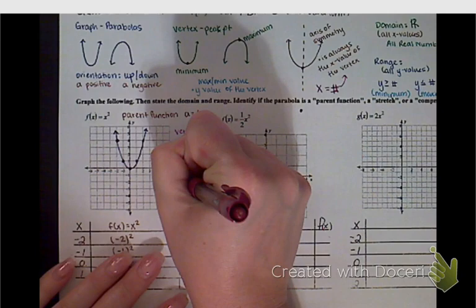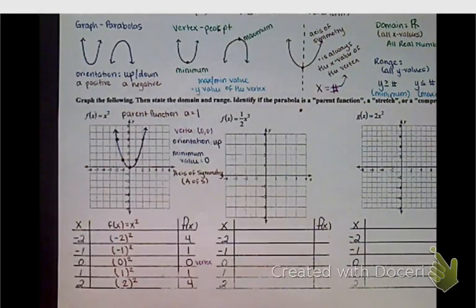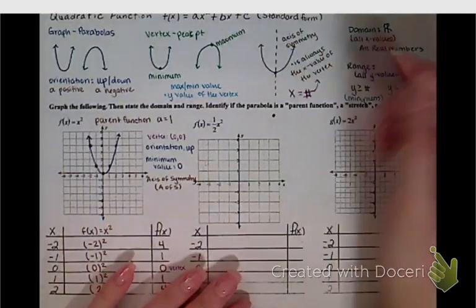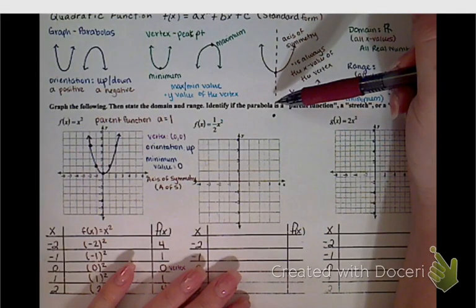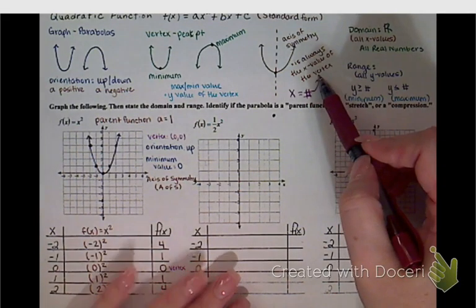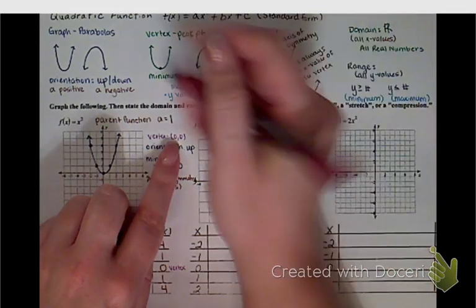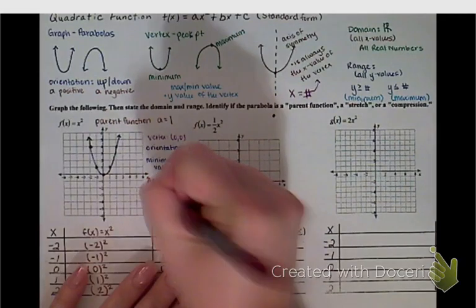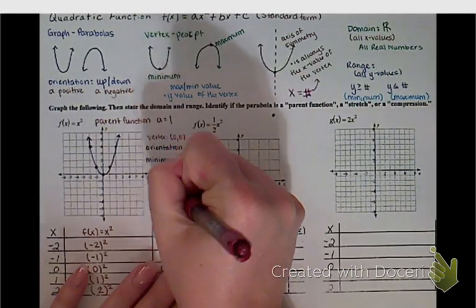Which I'm going to start abbreviating as A of S, just to fit things a little bit nicer. So the axis of symmetry. Remember, it goes through your vertex. It's a vertical line through your vertex, and it's always the x value of the vertex. So if my vertex is 0, 0, the x value is 0, and we're going to write it as an equation. So x equals 0 is my